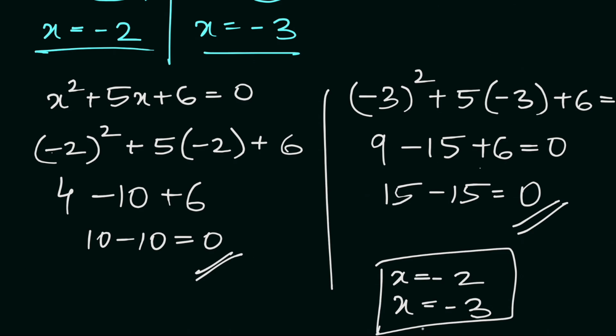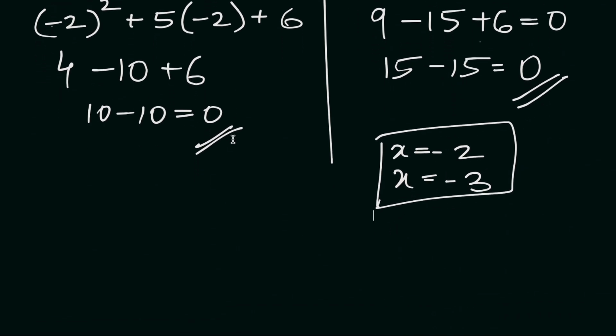And that's our answer using the factorizing method. Note that the factorizing method is the best approach to a problem when the quadratic equation is simple and factorable. So now let's move on to a question where the value of a in ax square plus bx plus c is equal to 0, where this value of a is not equal to 1.